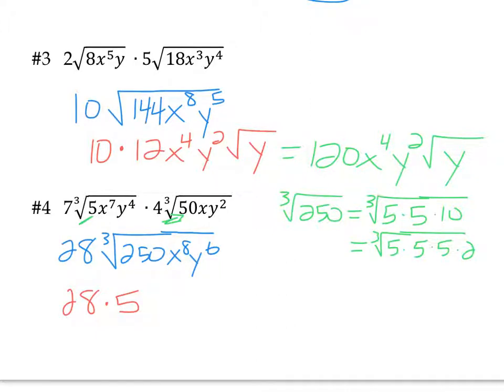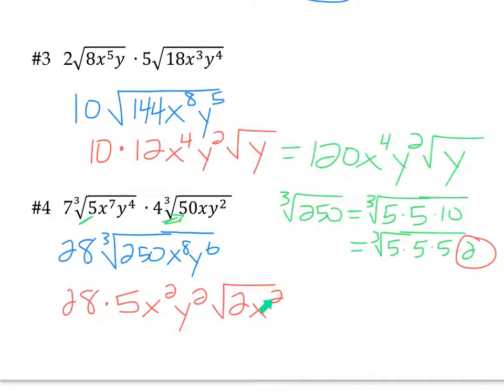3 goes into the 8 for the x to the 8th, right? 3 goes into 8 2 whole times. Okay, so 2 whole times x squared. 3 goes into 6 2 whole times. Inside the radical, we're going to have this 2 still. So that'd be 2, and then x squared, because 3 goes into 8 2 whole times with 2 x's